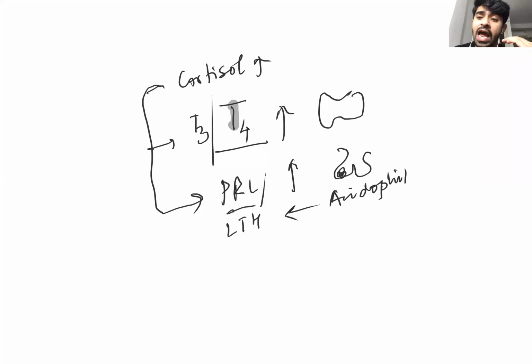It's very, very important. They will also increase in the blood level, because that will help in supporting the growth of the baby. Prolactin is something which actually helps in lactopoiesis or galactopoiesis, the milk production. So in the blood level of a pregnant lady, these hormones will also increase: prolactin, lactotrophic hormone, T3, T4, and cortisol. These all three are very, very important.